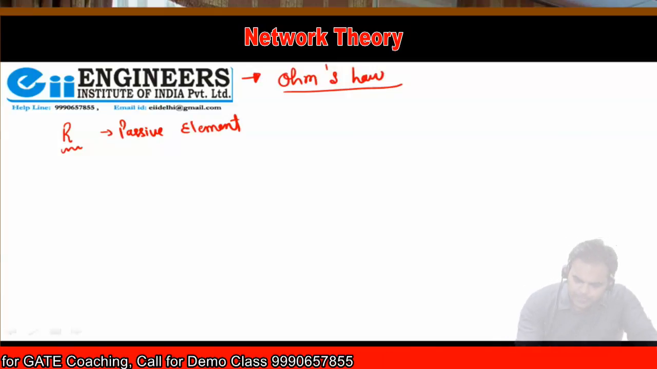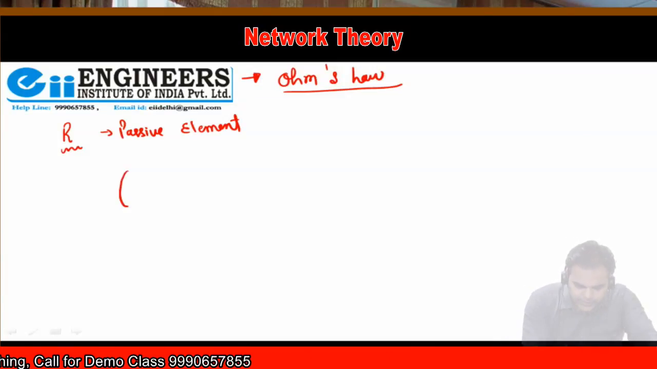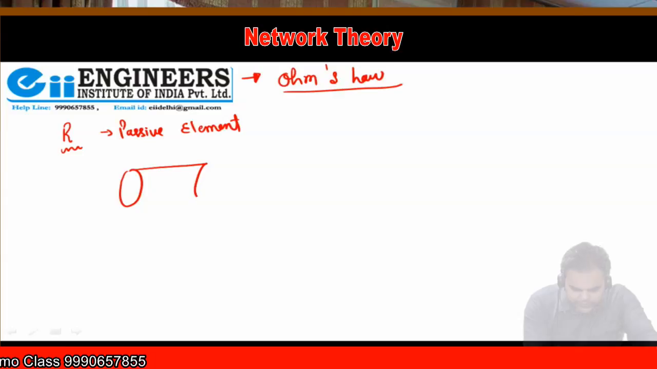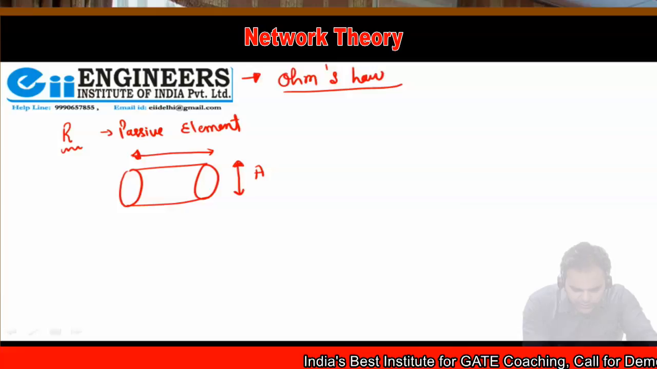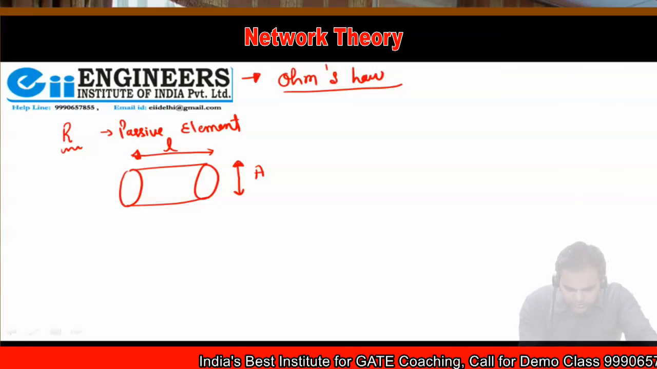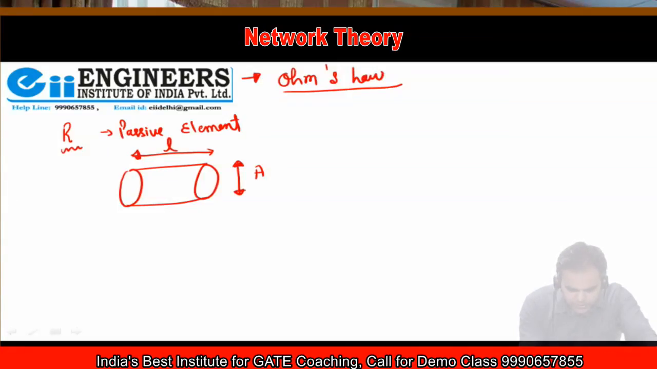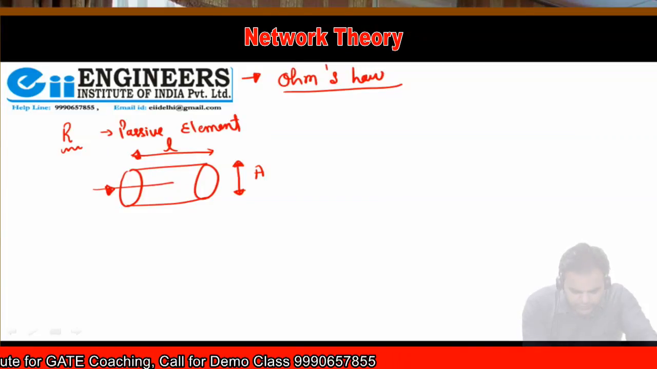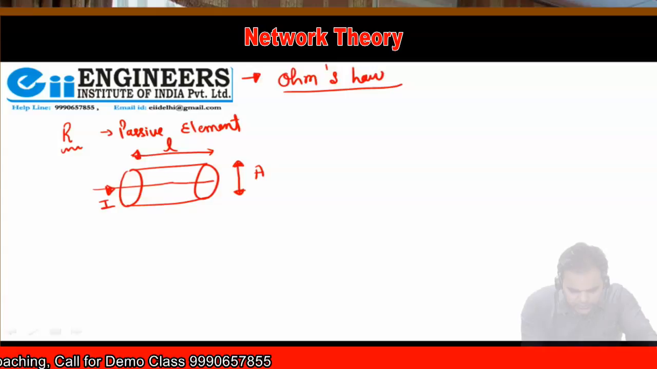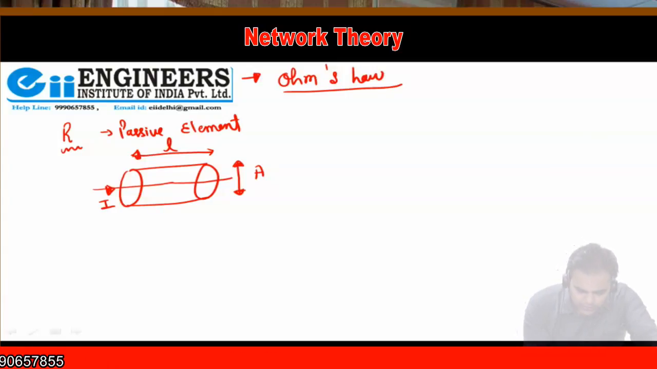Listen carefully. Now, in any conductor, let us consider the cross-sectional area is A, and the length of the conductor is L. If the current flowing is I, then